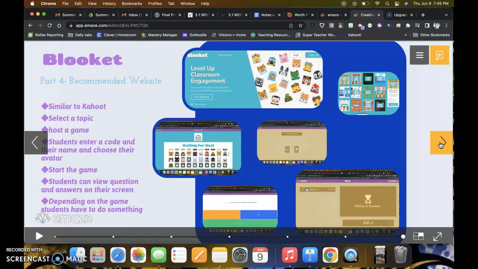One thing I did not like about Kahoot was that the questions were displayed on the big screen, and students only saw their four color options on the screen to give their answer. And it was always hard for them to see. They had to move around, and they're whining and this and that. But with Blue-Kit, students can see the questions and the answers on their own screen. They have a lot of Blue-Kits made that you can choose from, or you can create your own, kind of like I said, like Kahoot. When you pick